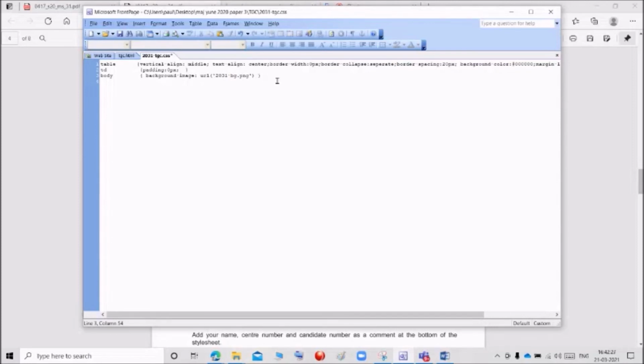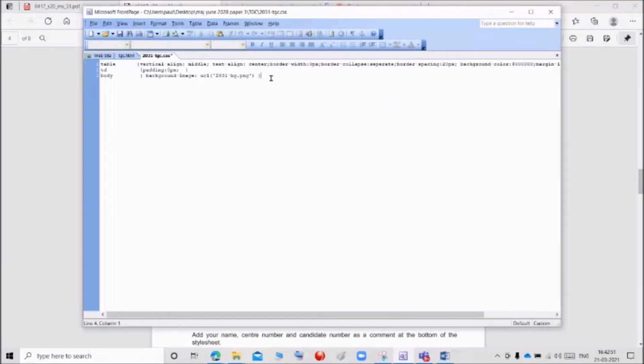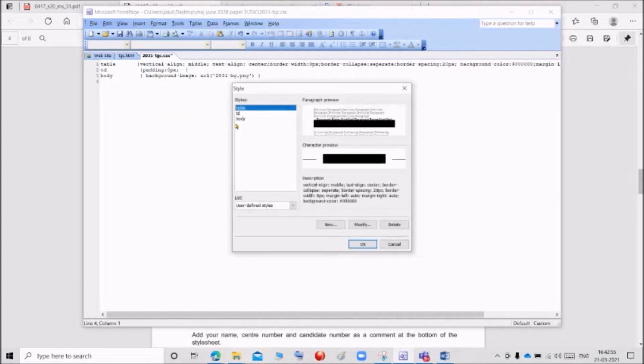Next, we are going for style H1 and H2 in green, and have the font Tijo print if it is available, otherwise a sans serif font. So for H1, H2, H3 we want to give the green color and Tijo print. So what I am going to do, we are going to format, click style, select body, click new.